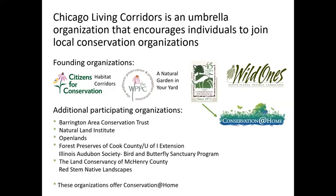The Forest Preserves of Cook County, for example, has the University of Illinois Extension, which is working with properties around the edges of the forest preserves to extend the value of the restorations that the forest preserves are doing, and helps the properties that butt up against them also have good native plants. The Audubon Society, for example, has a bird and butterfly sanctuary program. In the Land Conservancy of McHenry County,